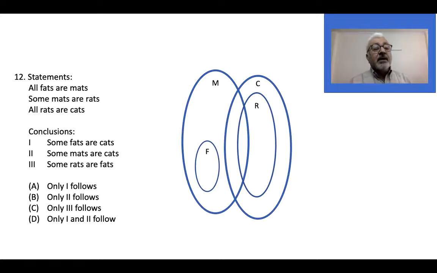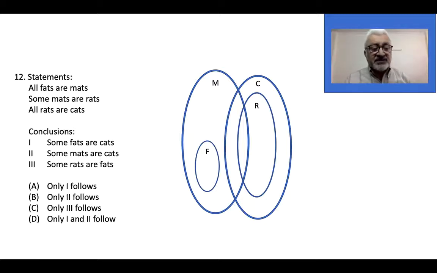So this is our cat category also. Okay. So I have to confirm that some fats are cats. Are you sure there is a relation between fat and cat? I have not shown it in this one. But can cat be extended up to fat? The answer is yes. But this is not essential. So I have not shown an overlap here. Second one says some mats are cats. There are some mats which are definitely overlapping with cats.